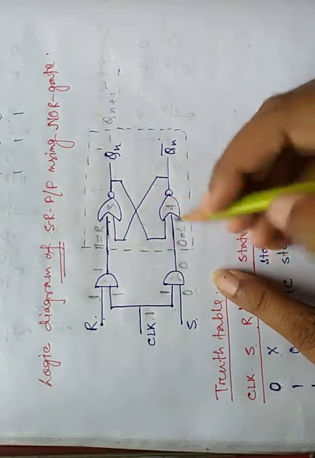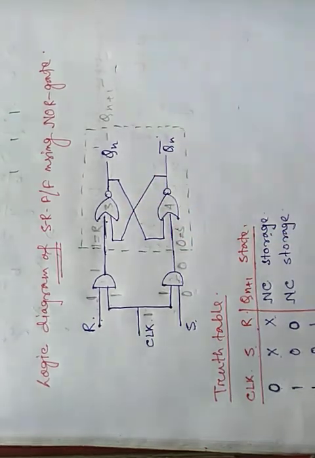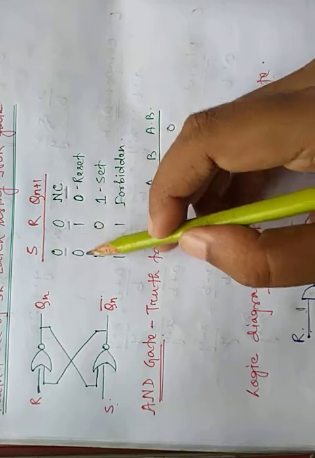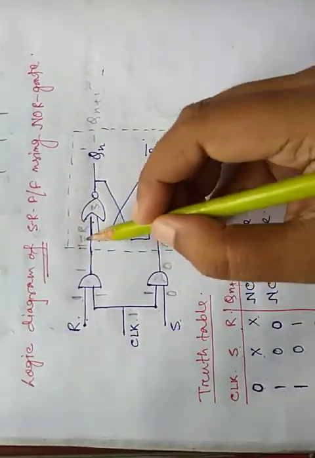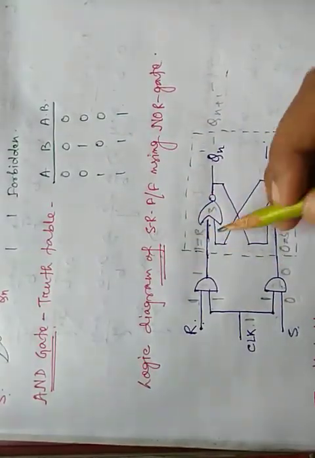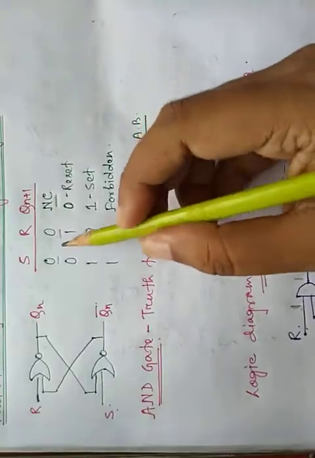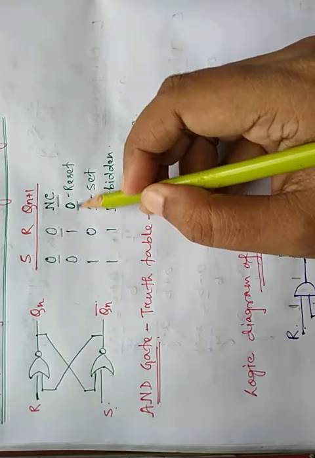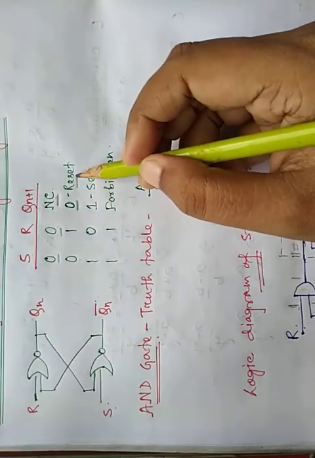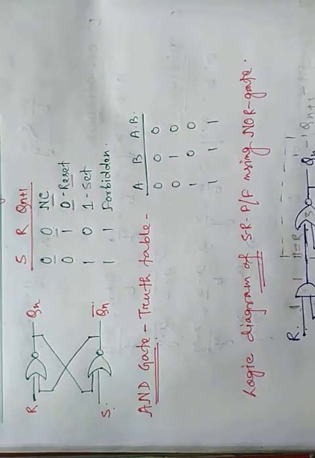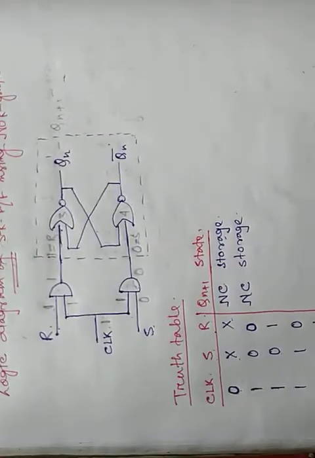So now R is 1 and S is 0 in the SR latch. Let us see what condition. Here you can see the upper gate is 1, so R is 1, S is 0. Now for this latch, if R is 1, S is 0, output is 0. 0 means the flip-flop changes to its reset condition, that means output is 0.